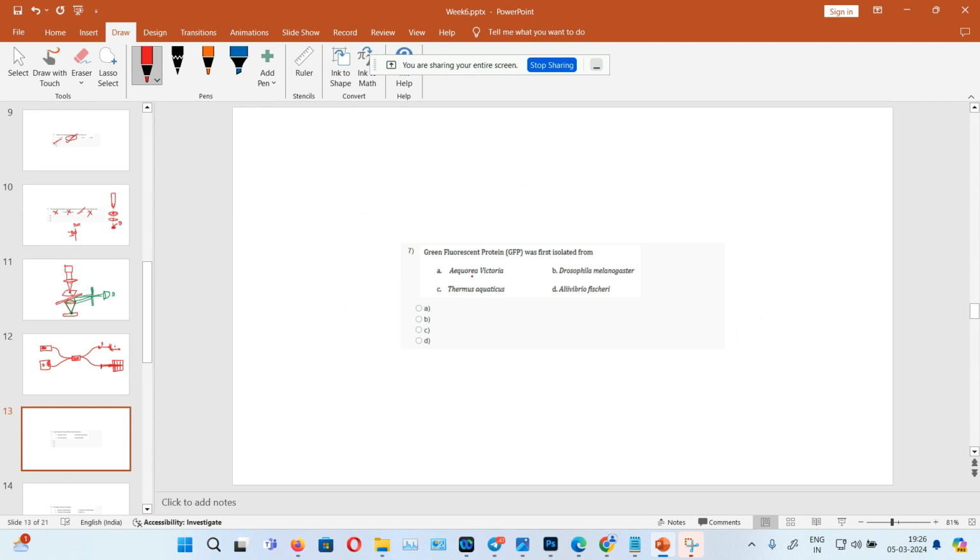This is also a direct question. GFP, green fluorescent protein, is isolated from Aequorea victoria, which is a jellyfish kind of organism. So the answer is